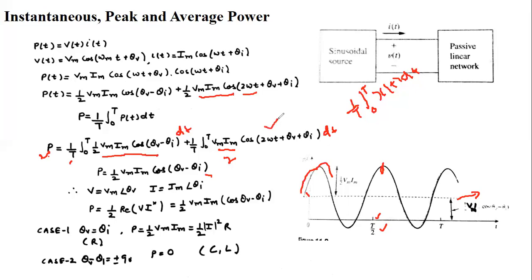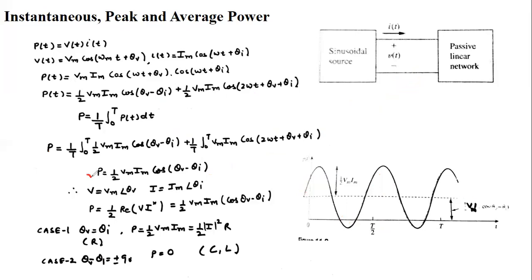While if we talk about the second term, for a cycle starting from anywhere, half of it is the negative cycle and half of it is the positive cycle. So the average value of this signal is 0, or as we already know, AC always has average value 0. So if you solve this for a cycle, the second term becomes 0. So our circuit has only the term half Bm Im cos(theta b minus theta I).